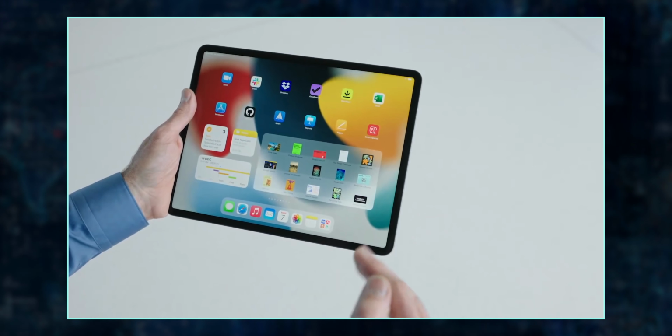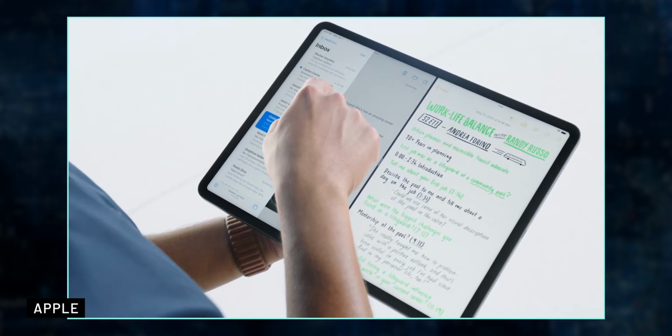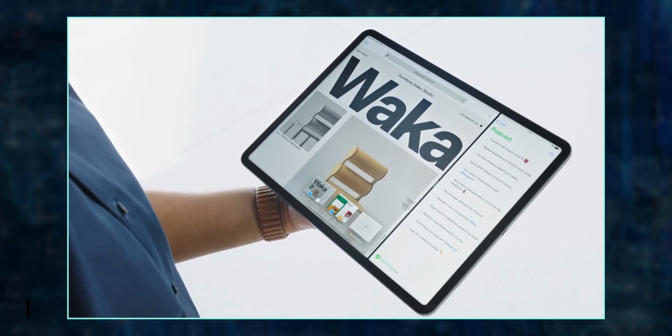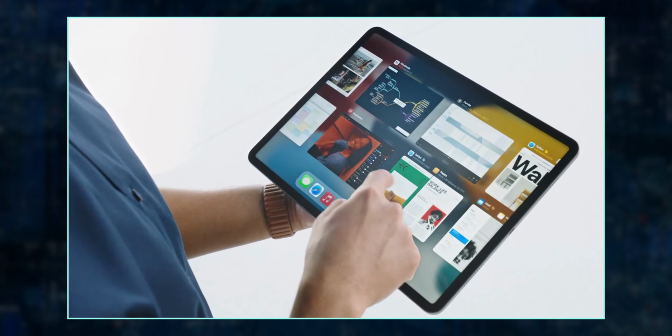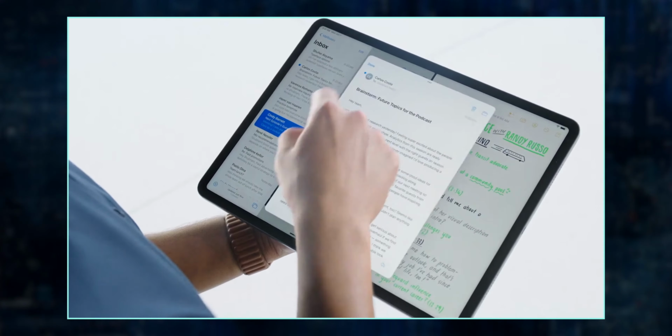Apple also talked about multitasking, and there are improvements for multitasking, and you have the option to go full screen, split view, or slide over. And in split view, you can just swipe down to replace any of the applications that you would like to use. And you also have the option, for example, to use the email on one side and the notes on the other side. And when you tap to reply to an email, for example, this new tab will pop up in the middle. So you won't be taken to a completely new tab.